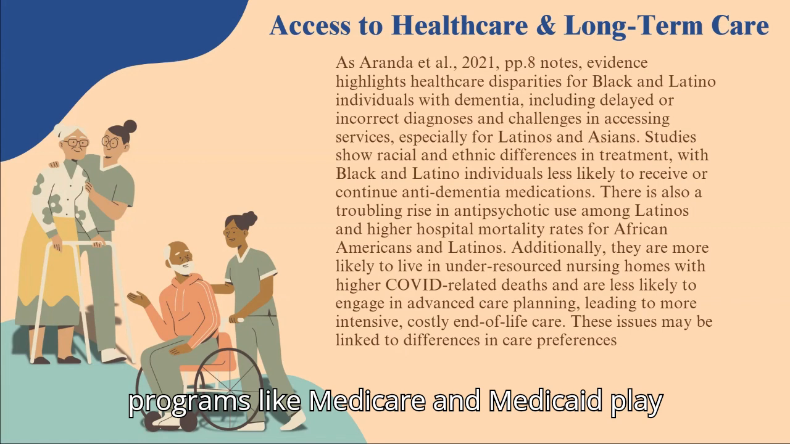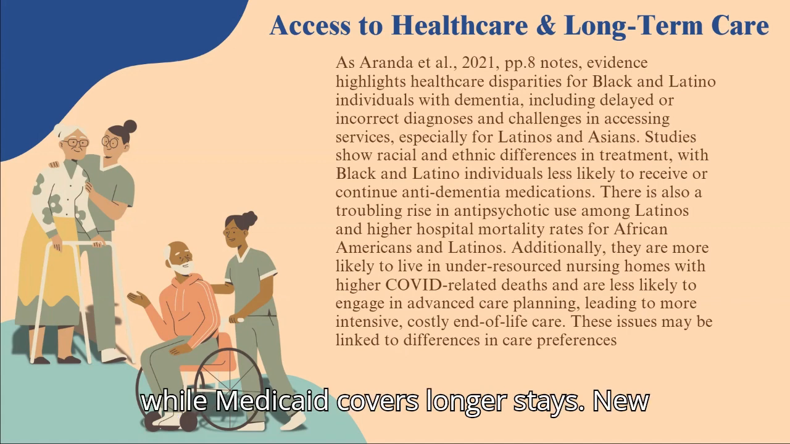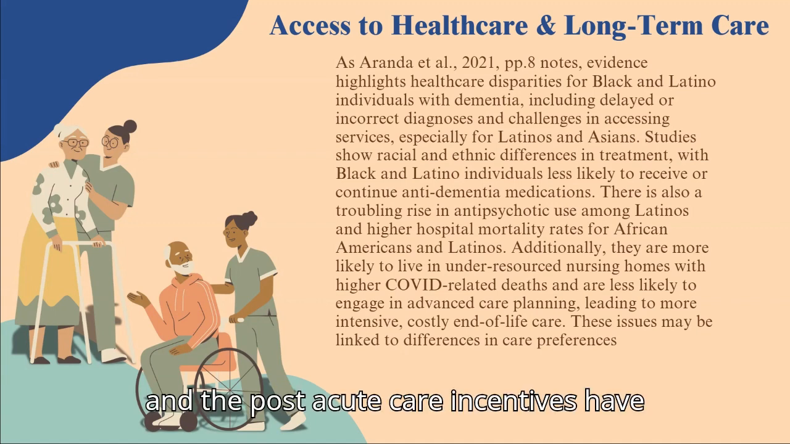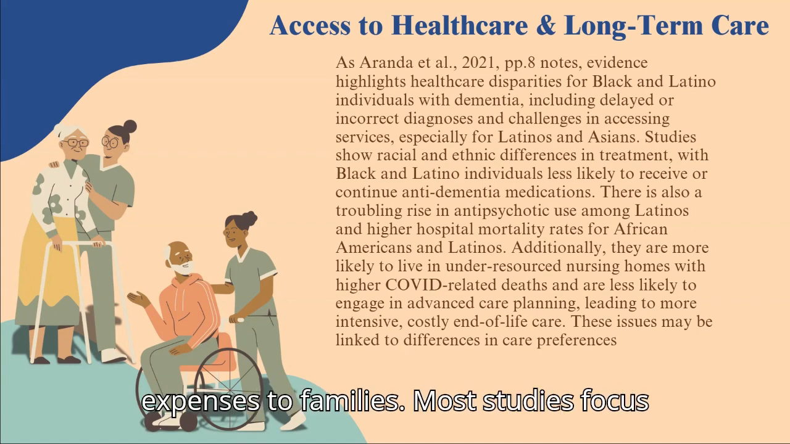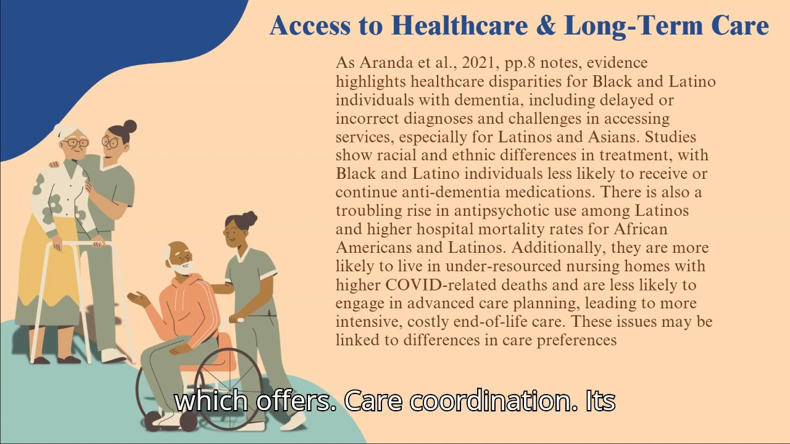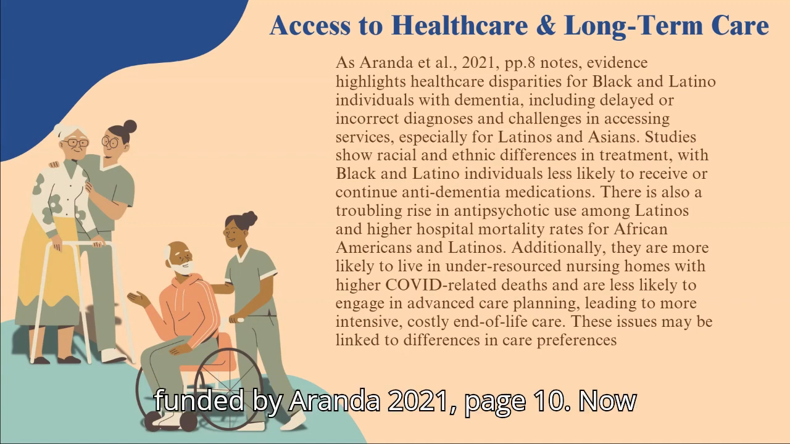Additionally, government programs like Medicare and Medicaid play a key role in influencing healthcare costs, as Medicare covers home health and up to 100 days of nursing home care, while Medicaid covers long stays. New benefits like the annual wellness visit could reduce costs through early detection, but utilization remains low, and the post-acute care incentives have lowered Medicare costs but may shift expenses to families. Most studies focus on traditional Medicare, while over a third of beneficiaries are in Medicare Advantage, which offers care coordination. Its impact on PLWD is unclear, and dementia cost estimates may vary, and this was found by Aranda, 2021, page